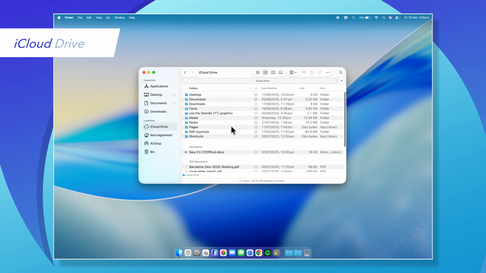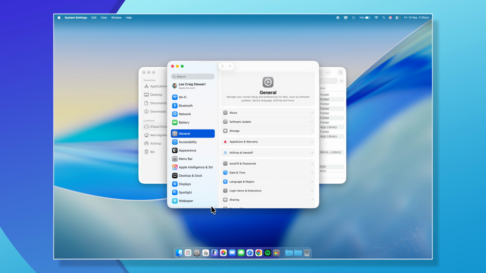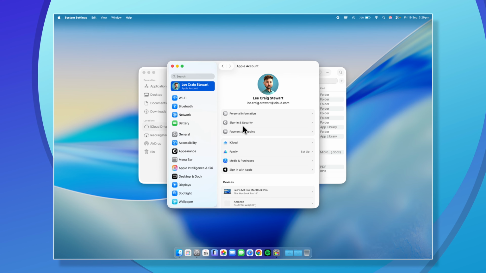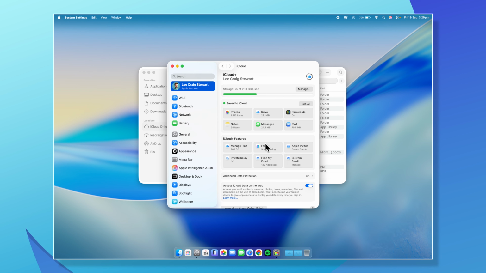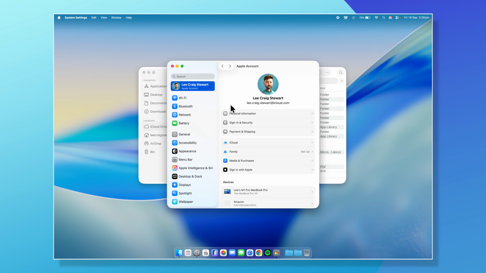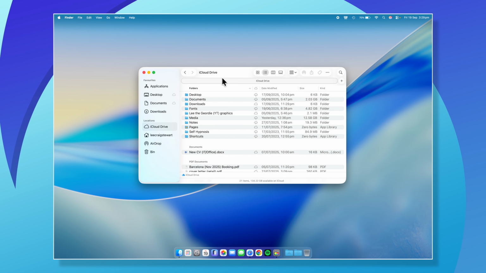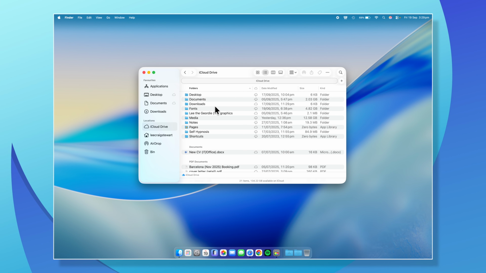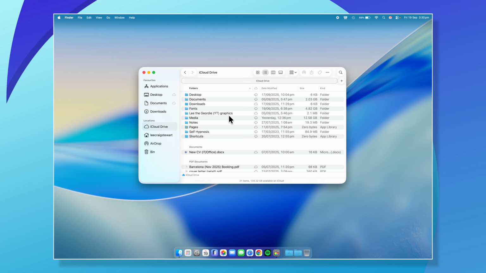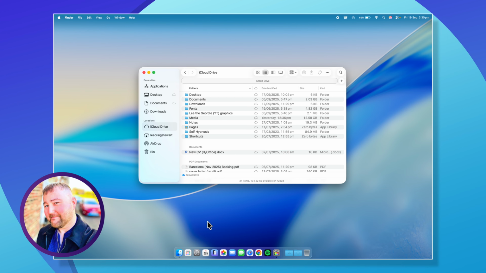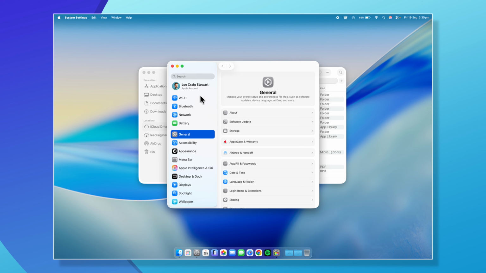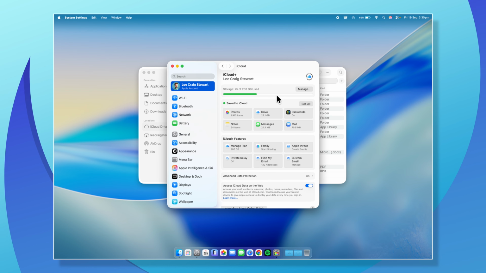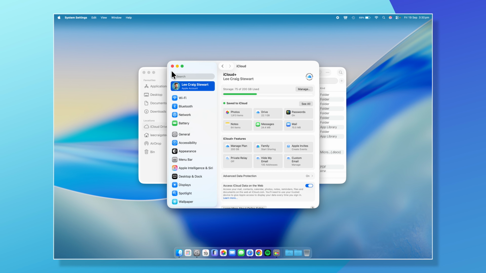iCloud Drive. If you want that, you've got to sign into Apple. I've got iCloud on by default because I've got an iPhone and iPad. So once you've got that all set up, you can actually drag and drop or copy and paste folders, images, videos, PDFs, etc. on here. It will store it for you. There are plans available, so if you need more space, you can always go into there and select what you need.